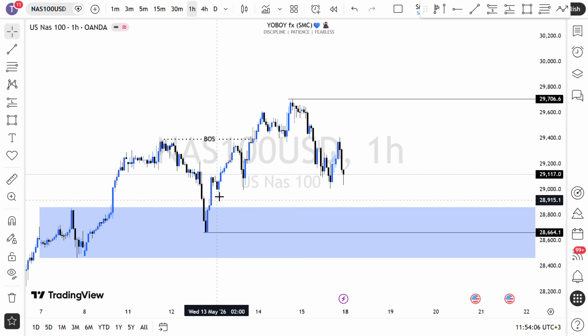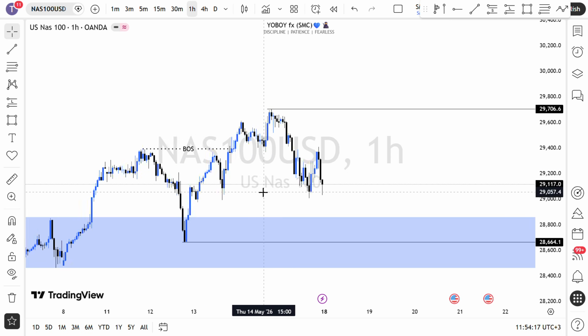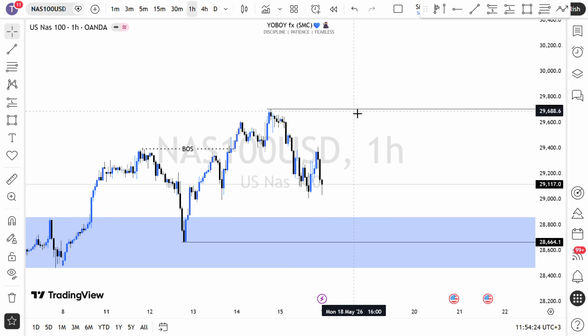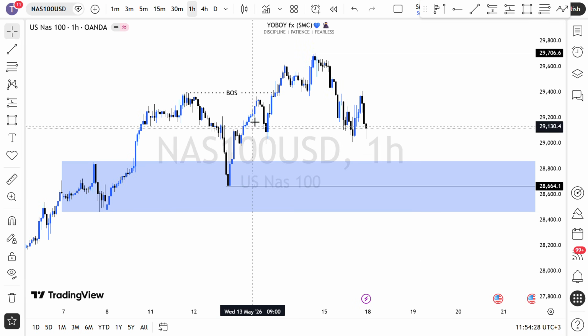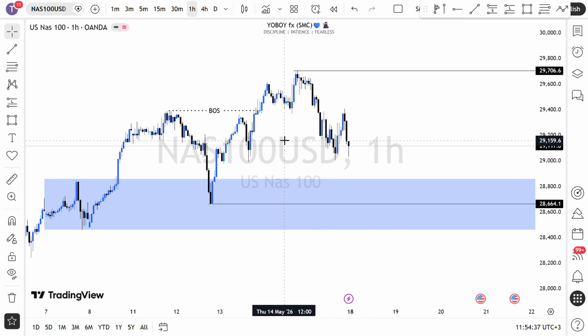In that case, we have these structures being formed to the upside, and once price got this high, we had the new break of structure, meaning these are the internal structures. These are the internal structures that we expect price to take out as liquidity before going up again to form a new break of structure. But if price takes the low that formed this break of structure, it means we'll be having a change of character. But as of now, because price is still bullish, we are looking to buy.